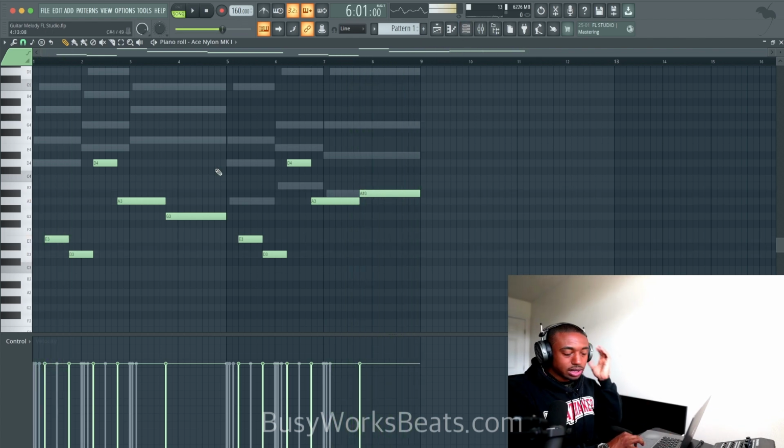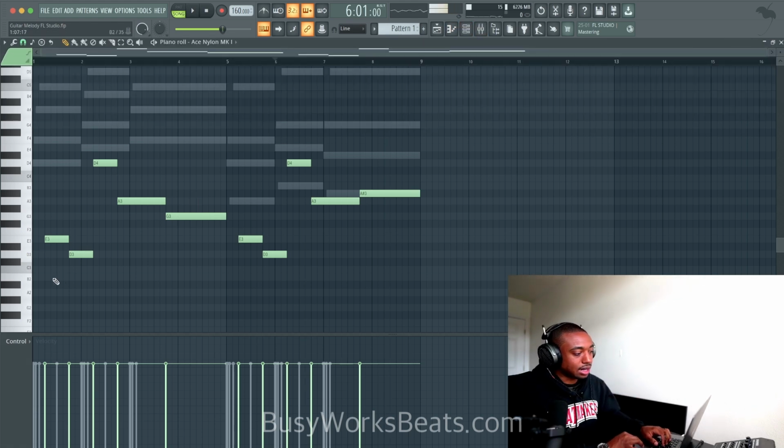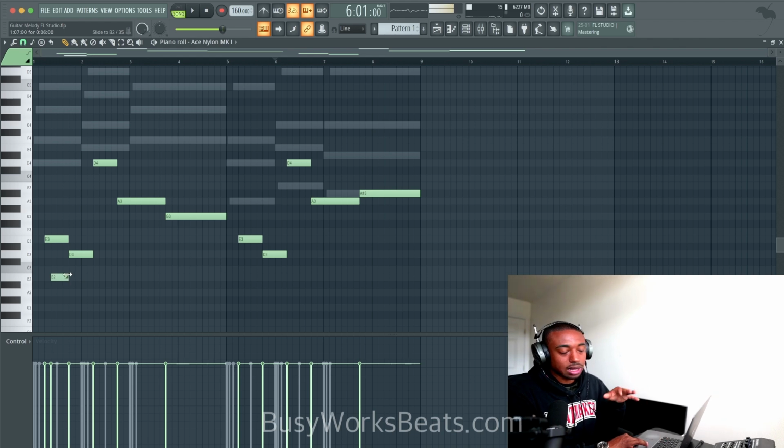Now there's a unique thing you could do in FL Studio. This is only for Image-Line plugins. This does not work for third-party plugins. Okay, but what you can do, if you have multiple notes that you want to slide, just add a slide note, just double click, add a slide note. But if you have multiple notes and you only want to slide one note at a time, I'll show you guys the technique. Let's go all the way back.